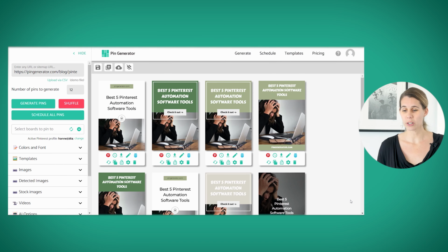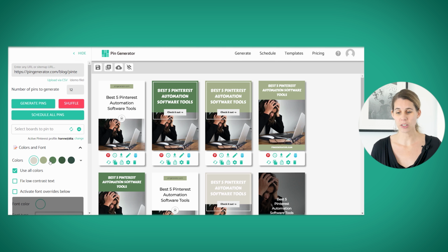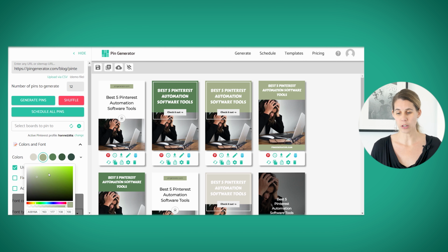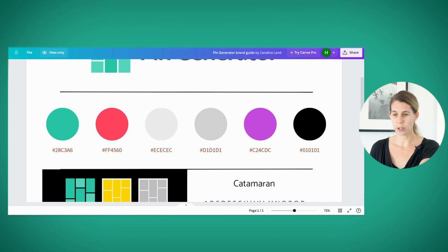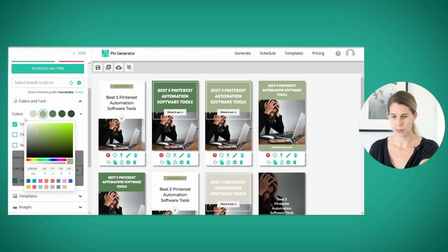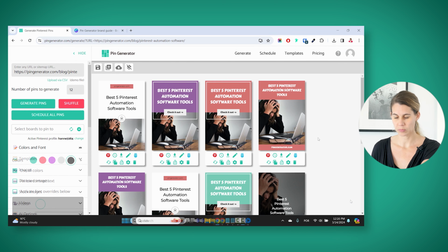So the first level is to simply adjust your colors. For this, when you're in your Pin Generator tool, go into colors and fonts. Here you can see that you can use a color palette, but if you want to add your own colors, you can simply click on these and then you see this color picker come up and you can add your hex code. So let's do this for the Pin Generator brand. So now automatically all the pins will use the brand colors and will match your brand when you post them